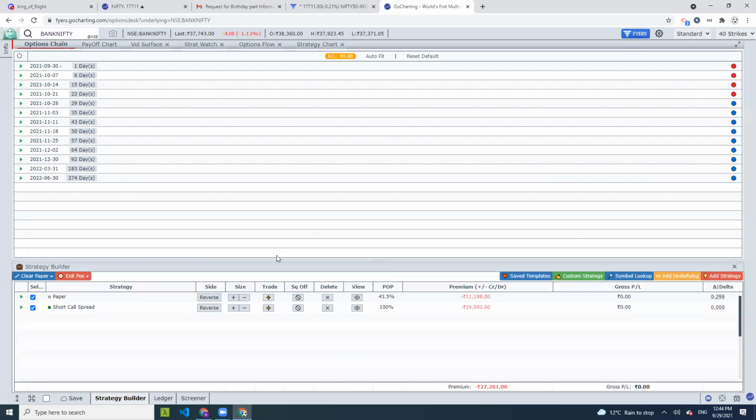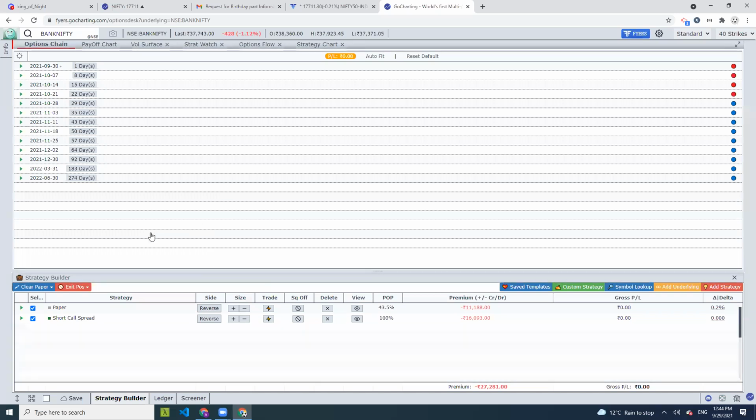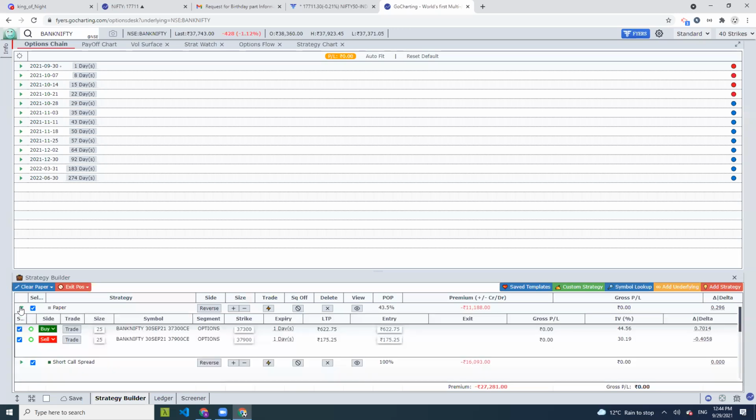The entire UI is very, very flexible. Everything can be resized and can be customized per your need. Okay, so what did we do in this panel? We added a few more things. Let me go through the basics and then I will quickly go over the new updates that we have done. When I click on each of these strategies, the legs show up, right?